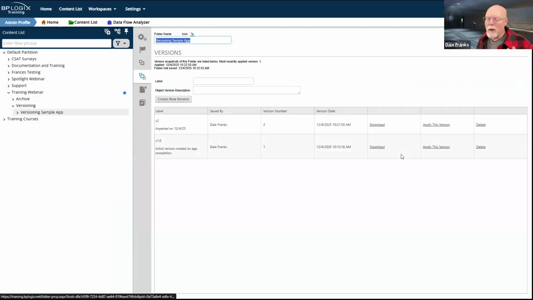So what you want to do is have a version every time that you make a change anywhere in the object. Because whatever change you make, if you have a list of versions, you can always roll back to it. The point of having the versioning set up this way is for safety purposes.